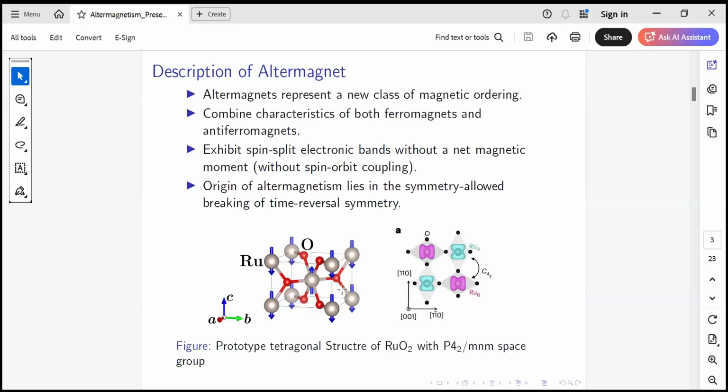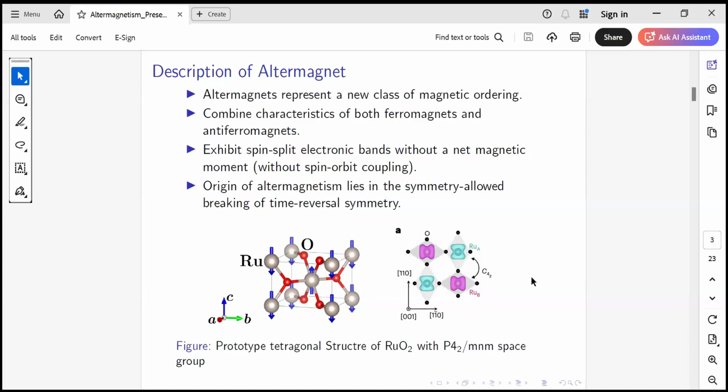The corner atom shares 1/8, that we have already studied in our basic physics. 1/8, 1/8, 1/8, so the corner atoms' total contribution will be 1. And the one which is sitting at the center contributes its whole volume, that is 1. So there are two atoms, and the two atoms are anti-parallel to each other. Because of that, their total magnetic moment is 0.